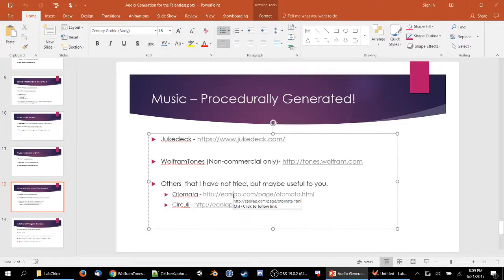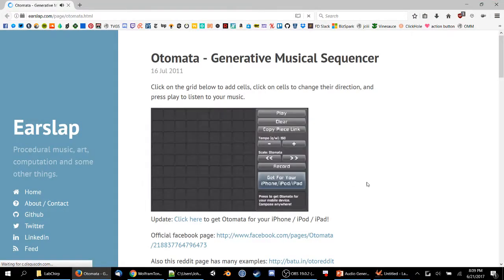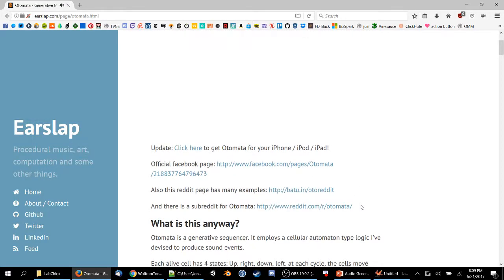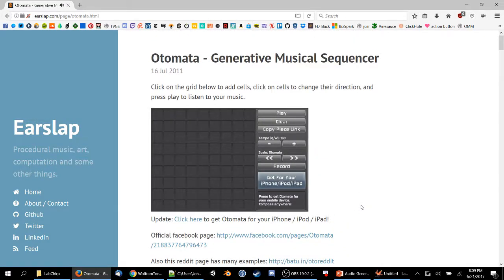I don't know if it'll have a web version at all. No, probably not. It is just for iOS.